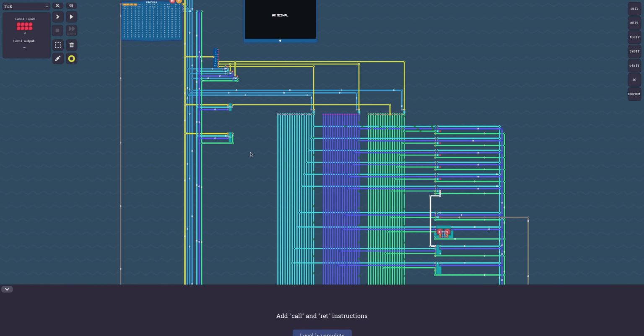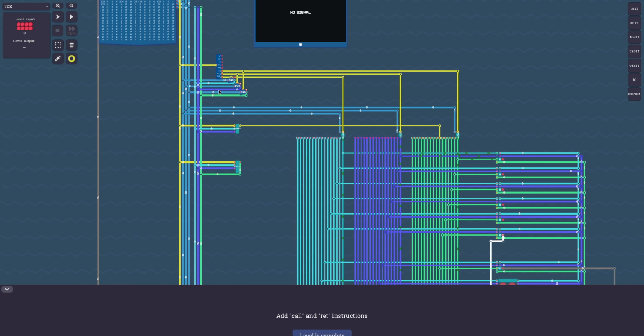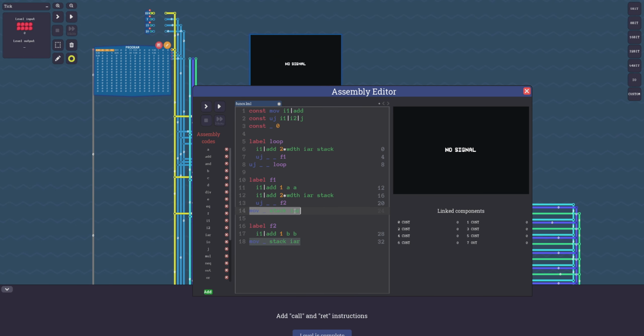Of the two, I actually think call is the really important one, and read I might not even implement at all, might not even make it separate, because if we take a look, my read is already a single instruction. I just pop from stack. That's all I do. So I could just do something like const read is mov, and then I know that I have read stack IAR. That's all. So this is literally just notation, and in fact, this is not necessary. A compiler could compile read into mov stack AR,